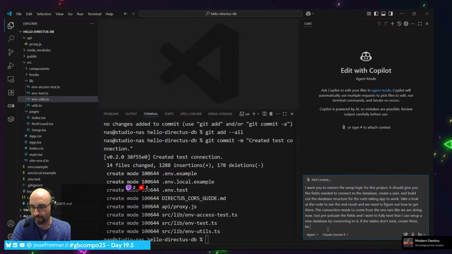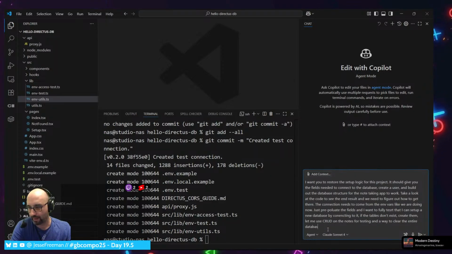Let me use CRUD on the notes for testing, and a way to clear the entire database to test starting over.